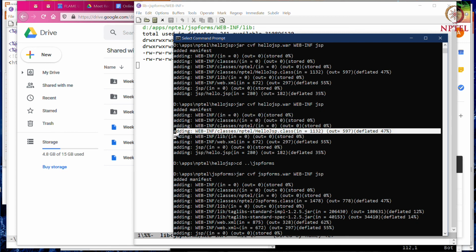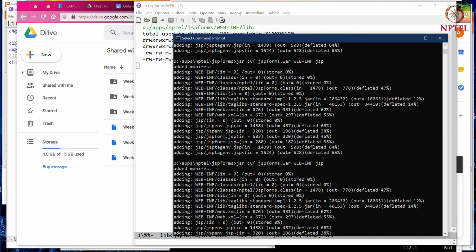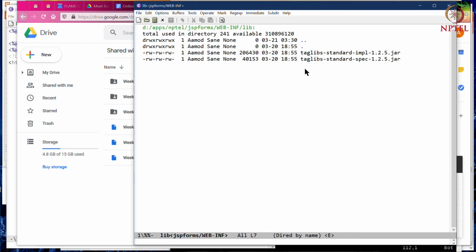As you will see, lib is empty, and this is why we have lib for the few cases where certain standard jar files must be included. So in order to get this kind of code working, you will need to include the tag libs in the lib directory.